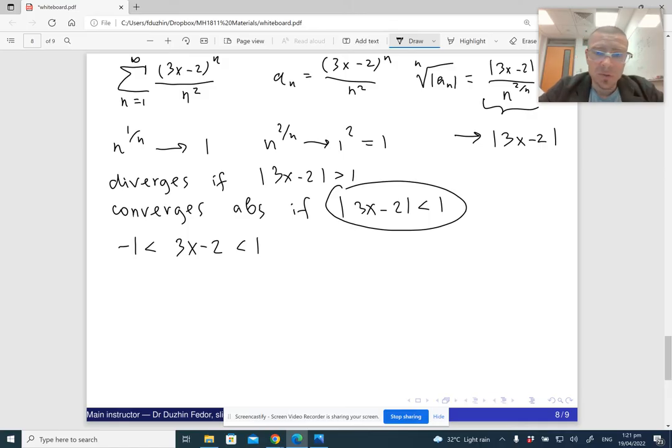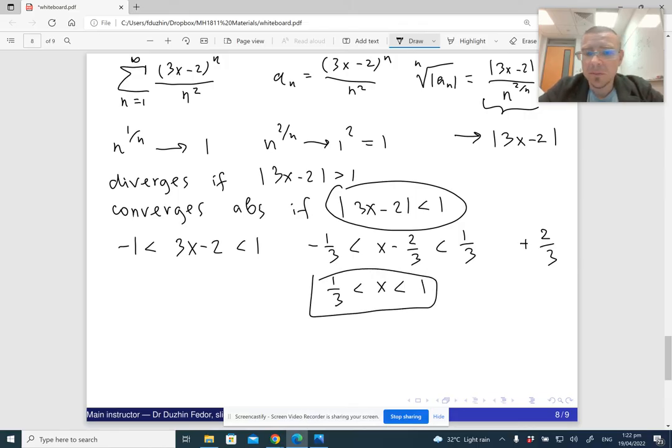So we want to really estimate x itself. So we will divide this by 3. So −1/3 is less than x − 2/3 is less than 1/3. And in order to find the conditions for x, I'm going to just add 2/3. So doing that, I will get 1/3 less than x less than 1/3 plus 2/3, which is 1. So this is the interval of convergence. Well, no, sorry,